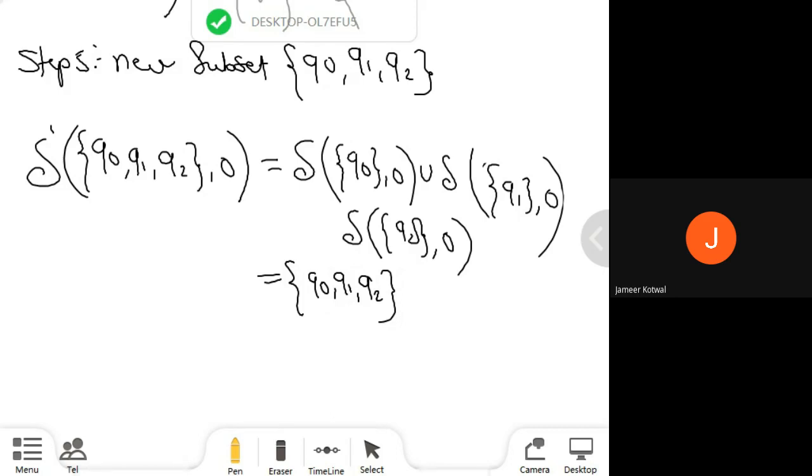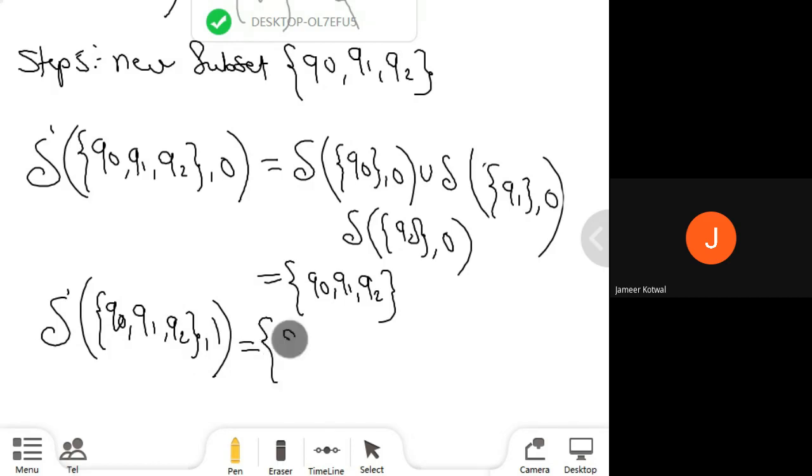Same as when I go for Q0, Q1, Q2 on 1. So here, transition of Q0, Q1, and Q2, I'm going to process 1. So what will be the final output? The final output will be Q0 and Q2.